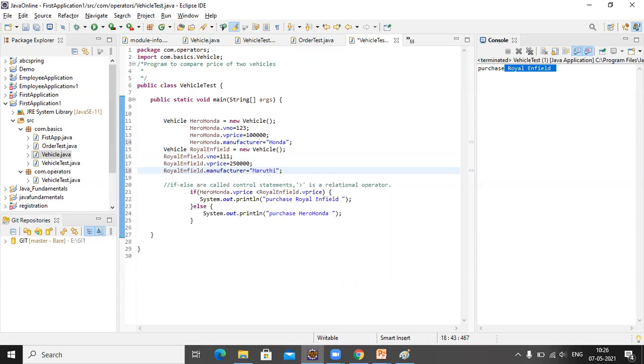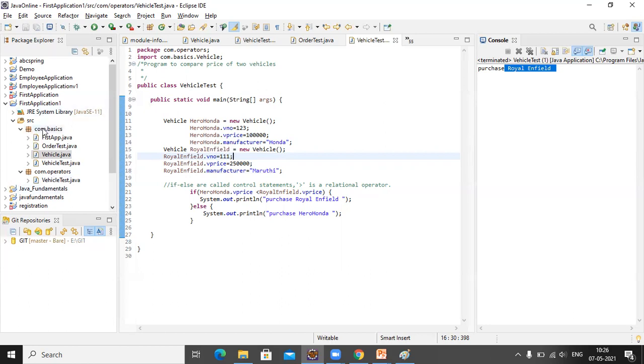Okay. Now I want to compare if the manufacturer is the same. Earlier, based on the price, you made a decision. Now, for example, if you want to decide based on the manufacturers.